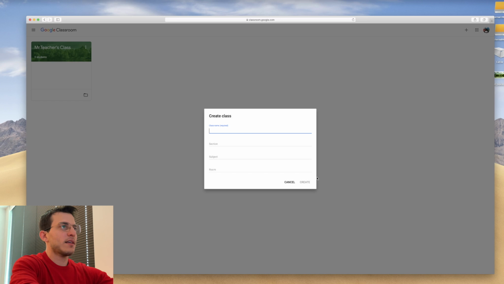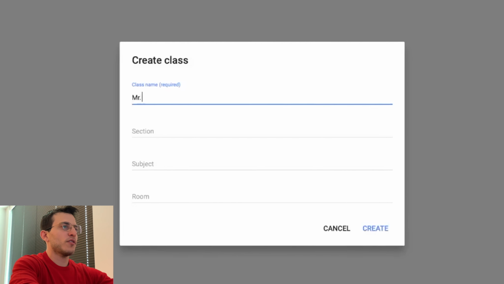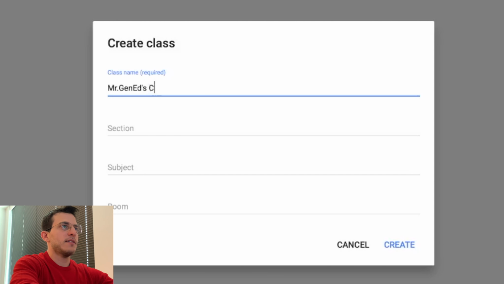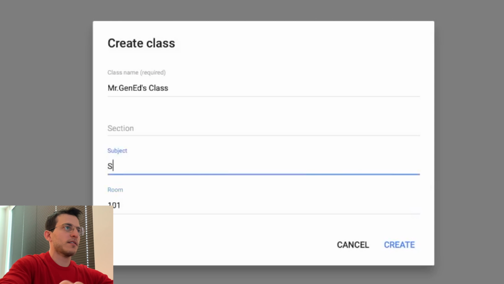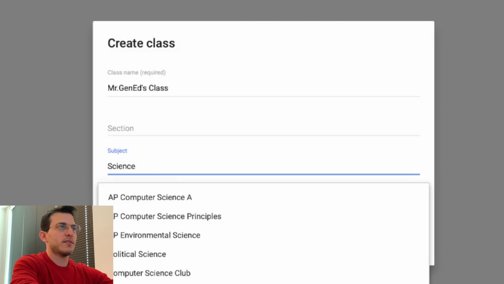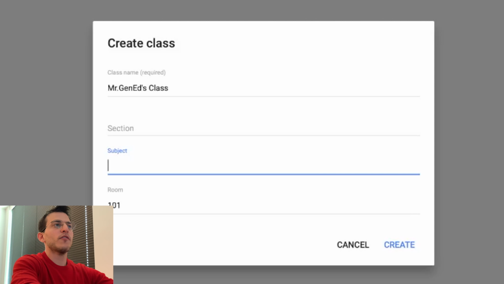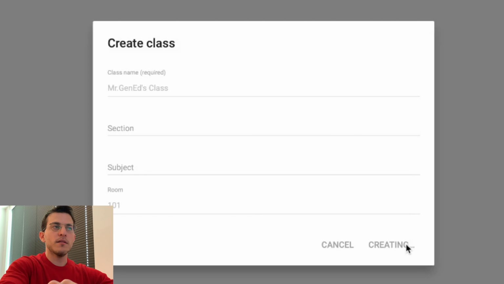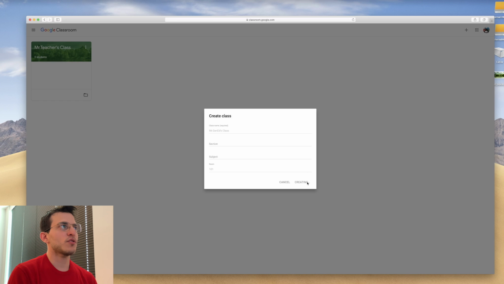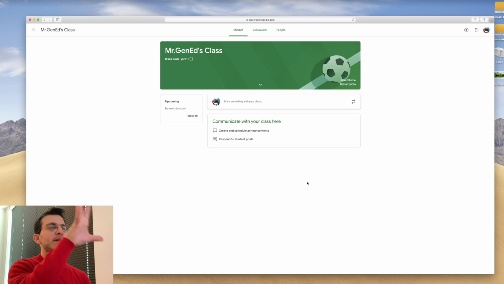So we want to name our class something that makes sense for us. For me, I'm going to name it for the tutorial Mr. Gen Ed's class. And you can also type in a room number below and a subject. So if you're a single subject teacher, you can type in science or math or whatever it is. Or if you're teaching multiple subjects, you can just leave that blank. But really, room, subject, and section are optional, so you could leave them blank if you wish. The only thing that's required is the class name. We're going to press create, give it a couple of moments to create, and we'll be zipped right into the